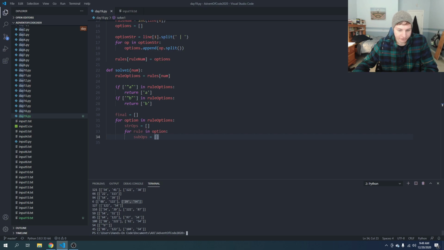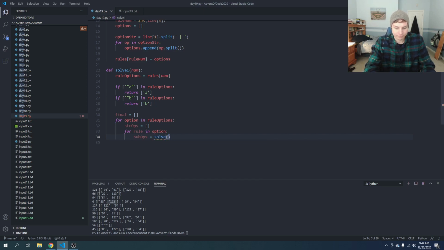We're going to do everything here for option 1, and then we'll do it again for option 2. Now for the rule within the option, if this is our option, then our first rule is 88. And then we're going to add 122 to the stuff from 88. And we're going to say the sub ops is going to be equal to